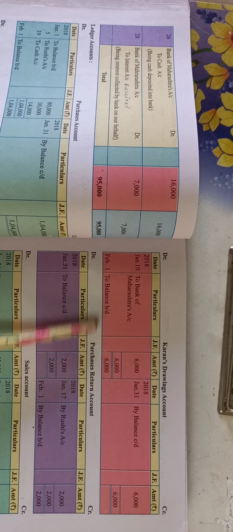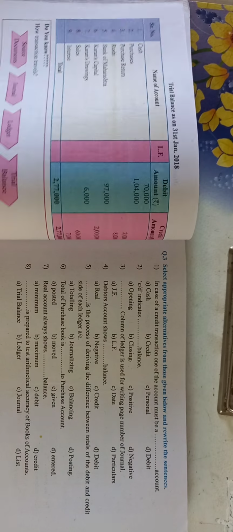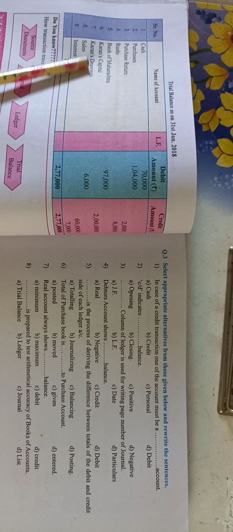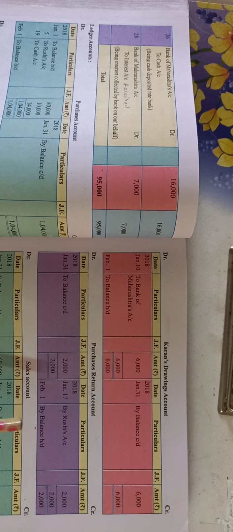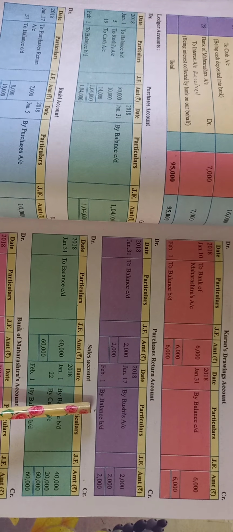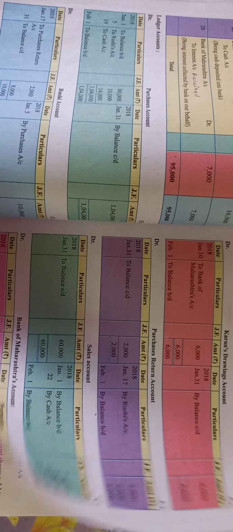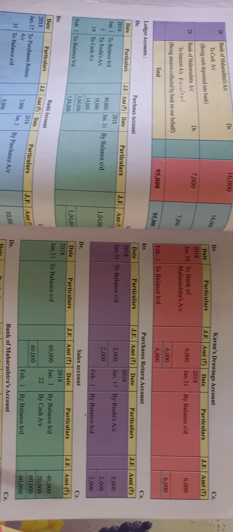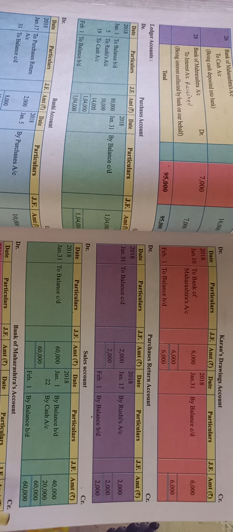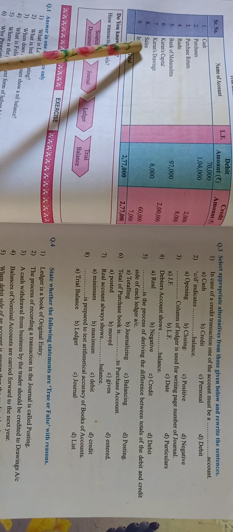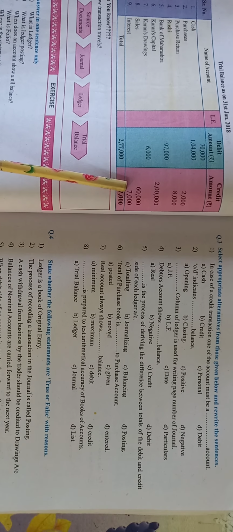After that, current drawing account, debit balance 6,000. So here debit side, current drawing 6,000. Afterwards, purchase return account. Purchase return credit balance होता है. Okay, by balance brought down. Credit side, purchase return we have to write here purchase return 2,000 rupees. Afterwards, sales account. Sales is always having credit balance. Okay, by balance brought down 60,000. So credit side, sales, here we are writing credit side 60,000.